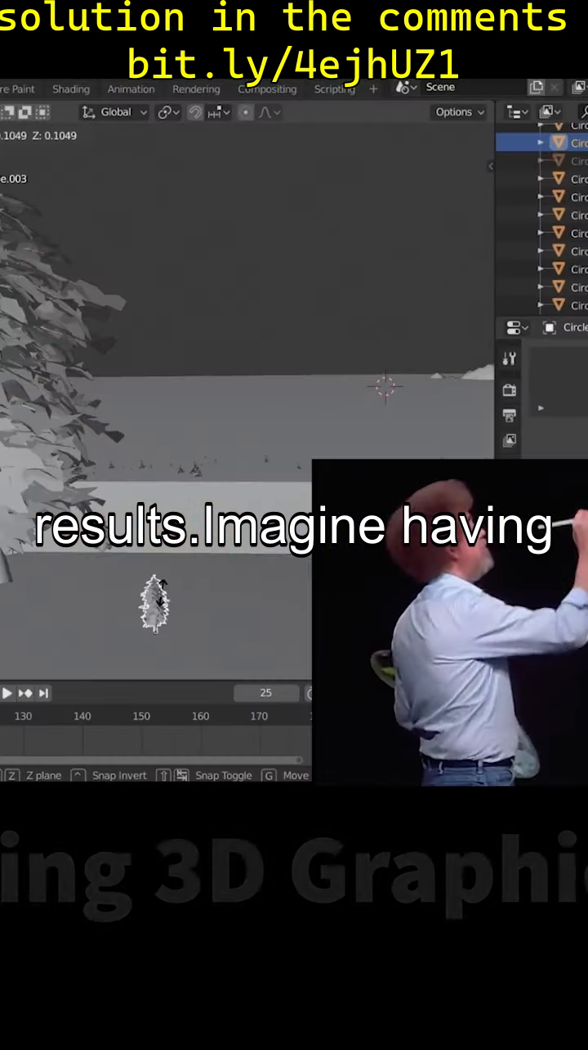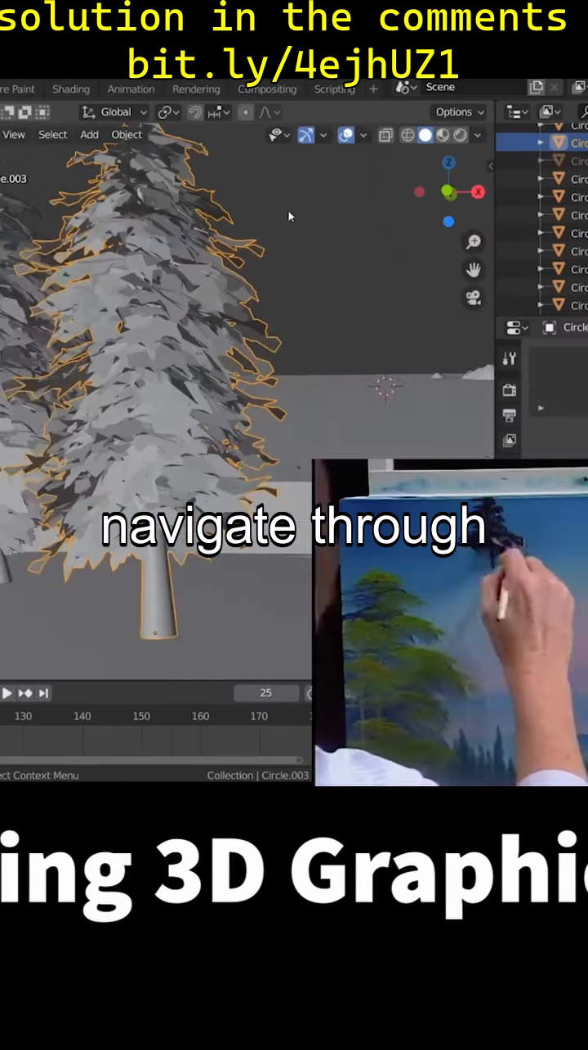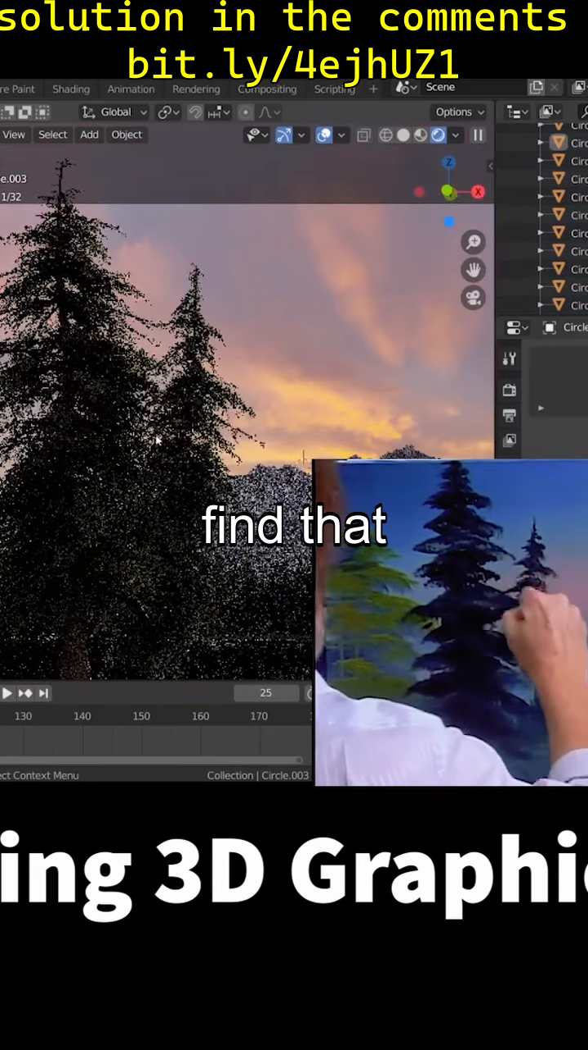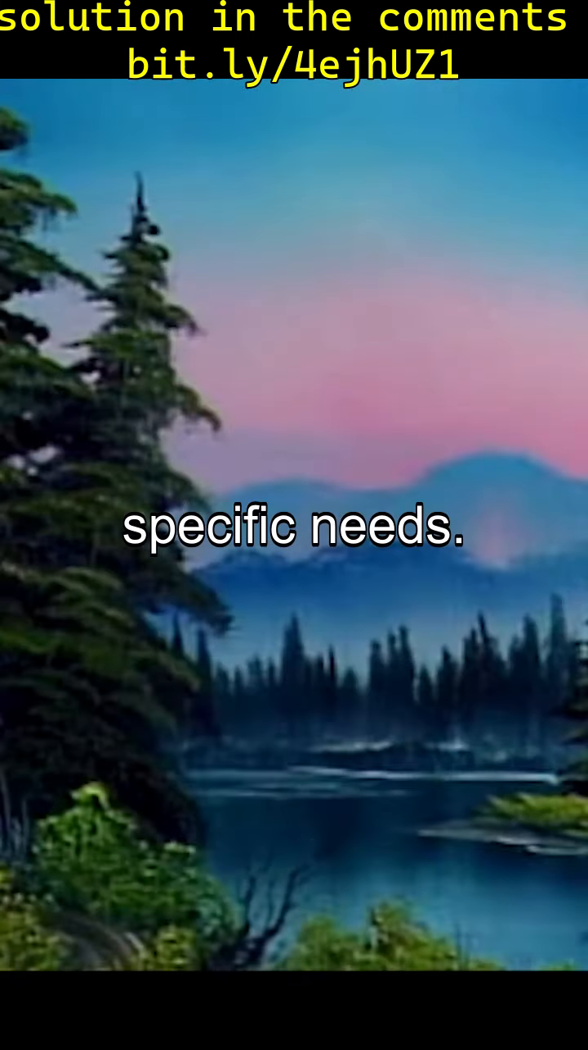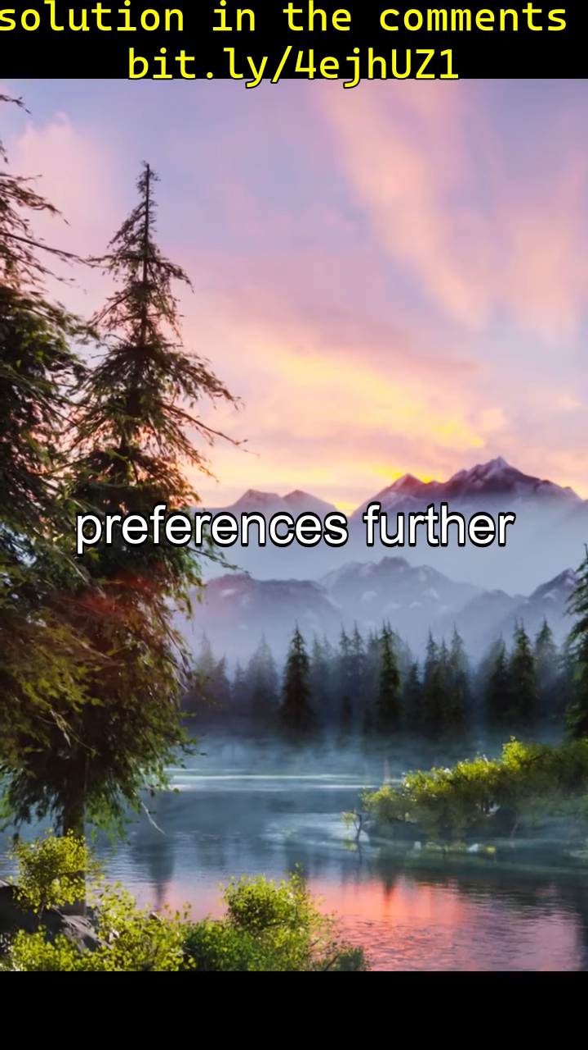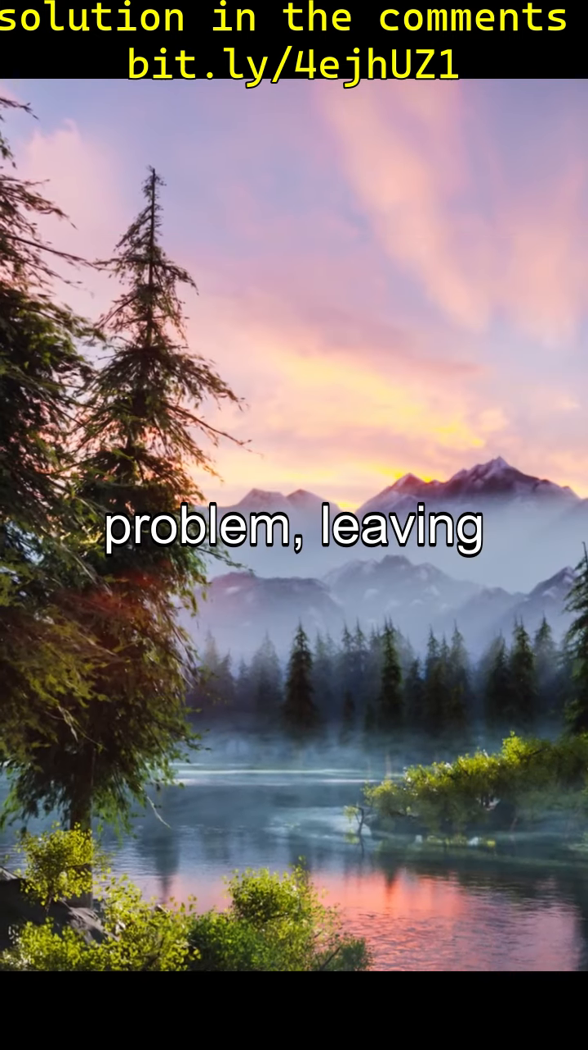Imagine having to painstakingly navigate through multiple menus and submenus to access essential tools, only to find that they do not fully meet your specific needs. The inability to customize these tools to your preferences further exacerbates the problem, leaving you with a sense of dissatisfaction